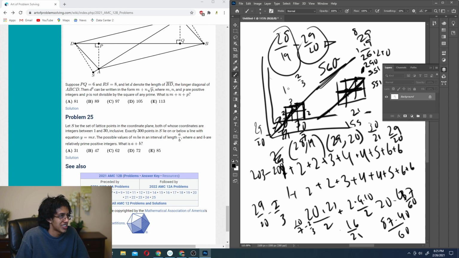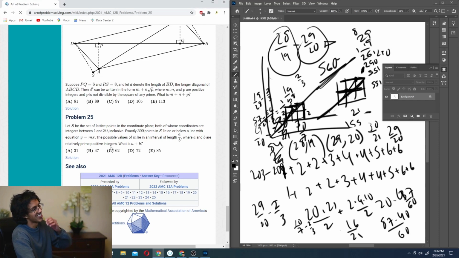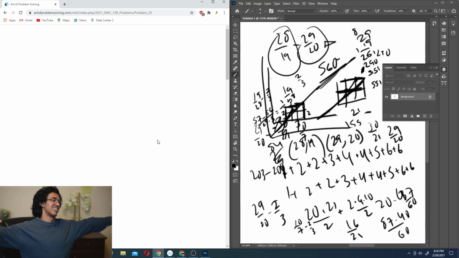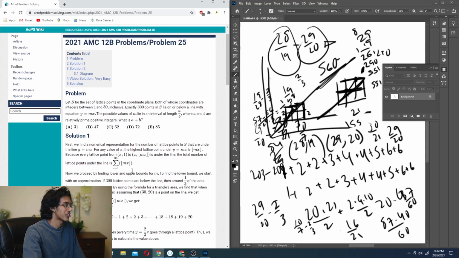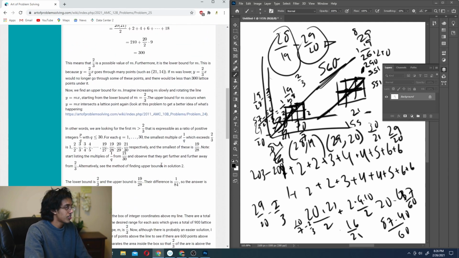So I guess 19 over 28 is the one that's the smallest. Okay, 19 over 28. That makes sense. So 19 over 28 minus 2/3, but that's gonna be way bigger, right? I guess not. 57 minus 56 over 28 times 3 is equal to 1 over 84. Oh, so it's 85. Yes, let's go. Finally, dude. Oh, bruh. I probably wouldn't have needed the hint if I actually calculated it right, but yeah, okay, so 2/3 works, that makes it a lot easier, and then we got it. Okay, so it is 85, very nice.